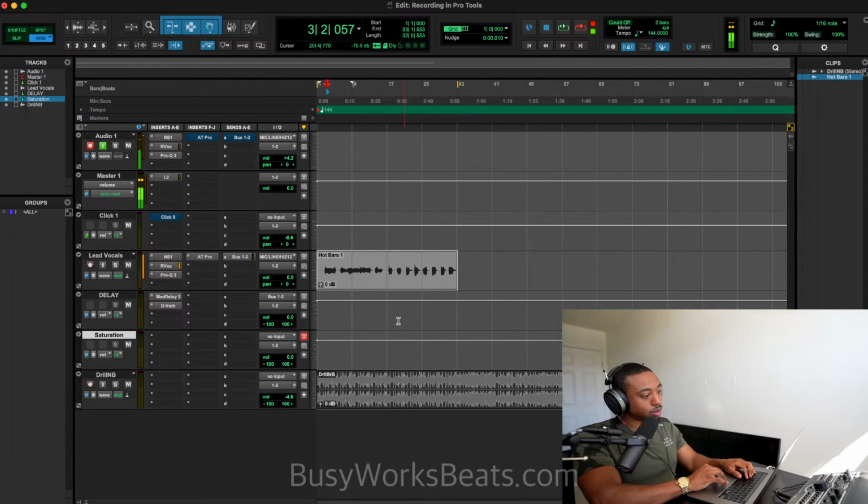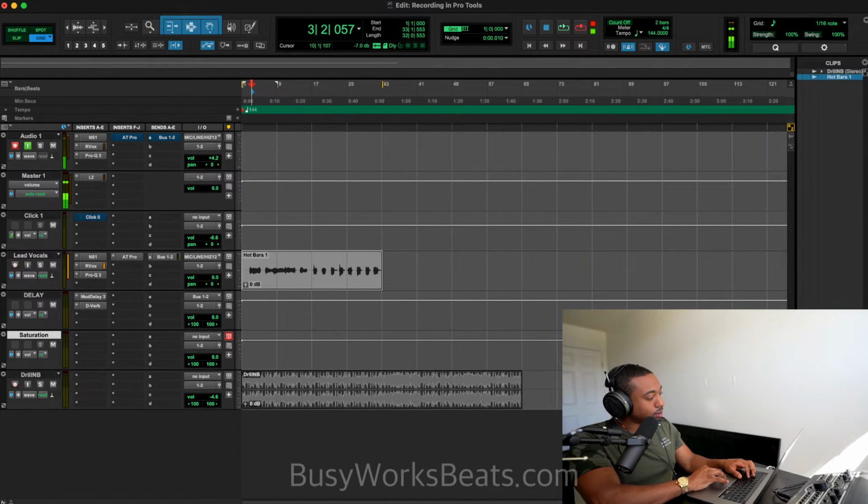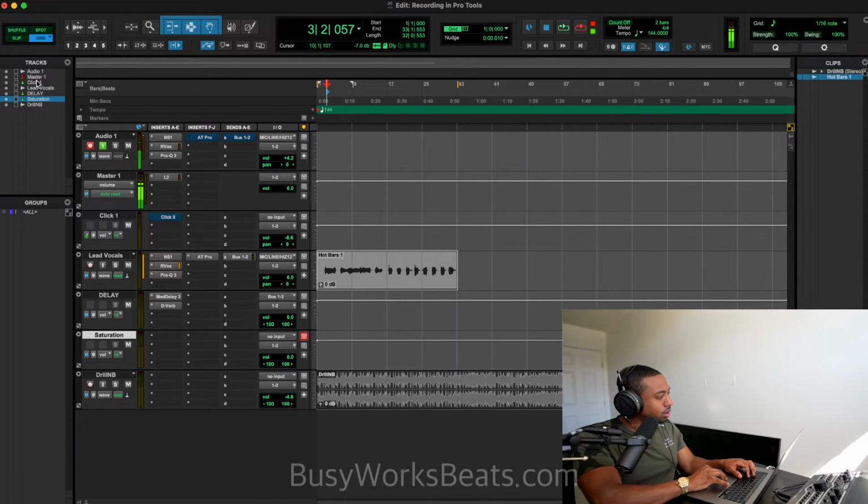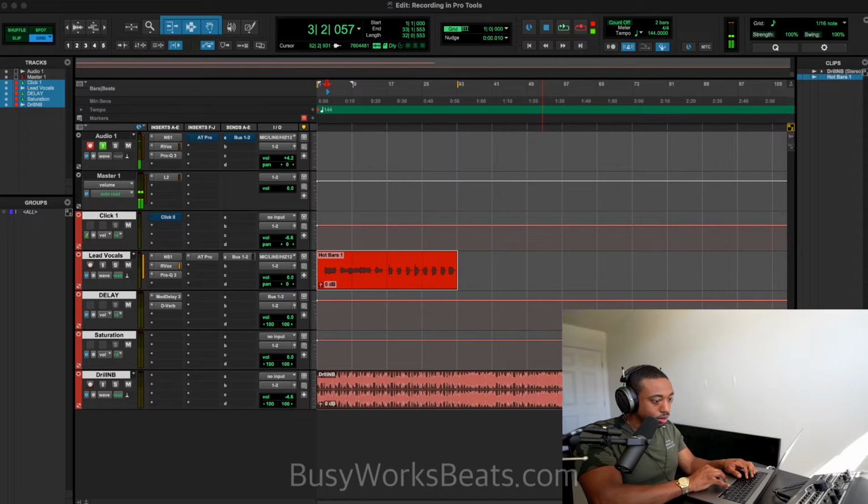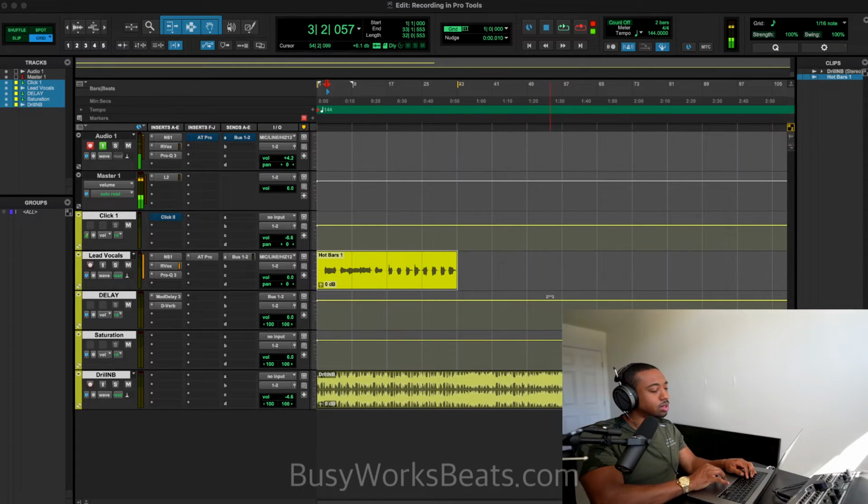So firstly, everything's gray. It looks depressing. So let's go on the left side here. Click this little arrow on the bottom left and highlight all your tracks and hit shift and then click this little color palette thing and then turn it to a different color. Let's make it something brighter. There we go. So now it doesn't look as depressing. Okay. So now we're going to go back, hit enter and then hit space.